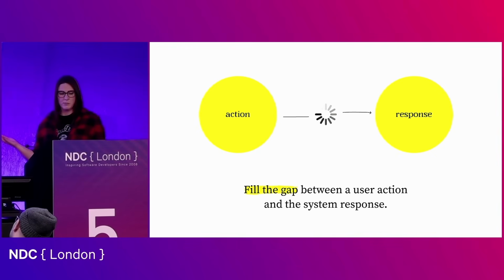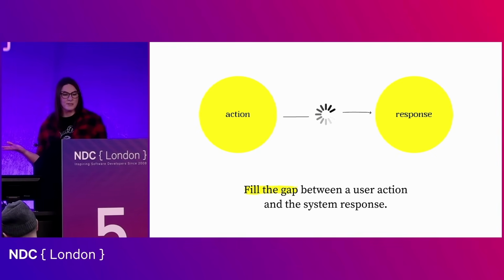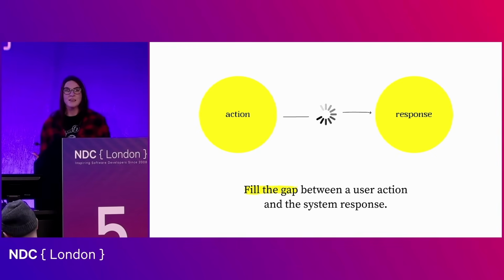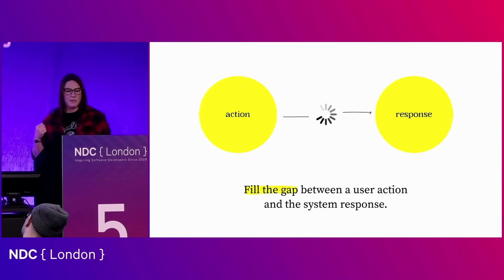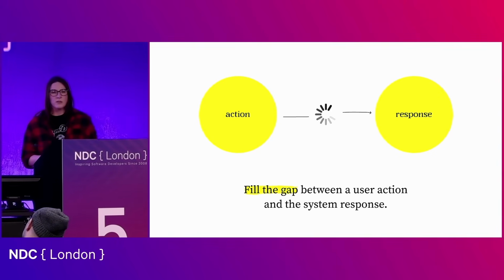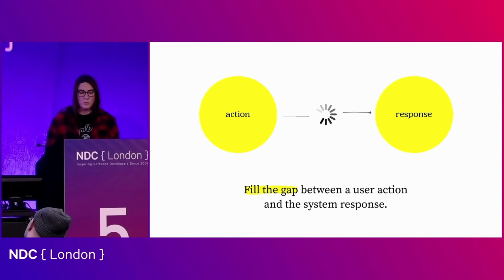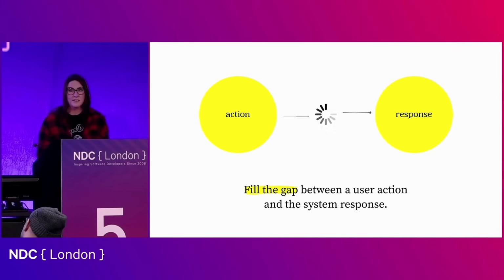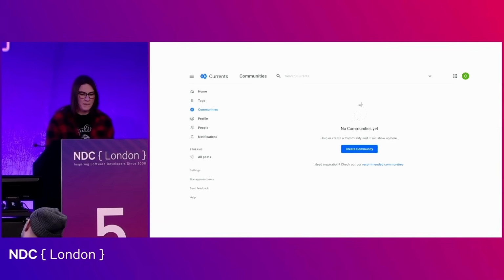And it might be something as simple as a small loading animation to indicate that something, anything, is happening in the background. Giving the user that feedback means they can be assured that the action has been taken and they're just waiting on the response. Other techniques here can include like skeleton screens, progress bars, even just a simple bit of text, say, loading.